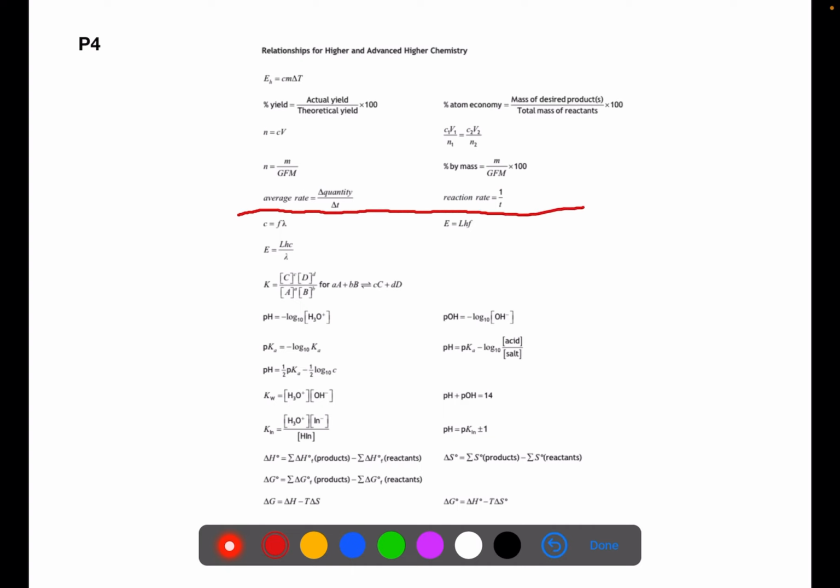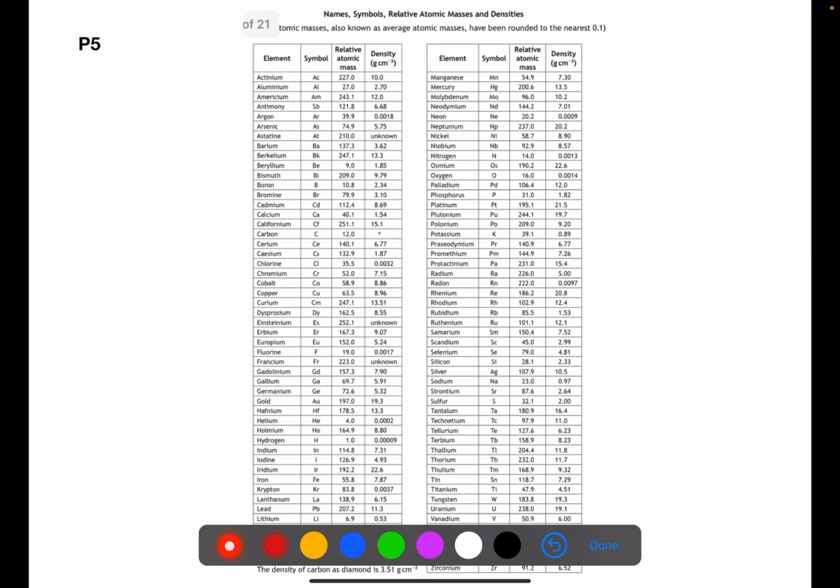At this red line here, these are the ones that you came across in higher, but will probably still have to use at advanced higher, and those below the red line are those that we will now start to use in advanced higher. On page 5 of your databook, you have an alphabetical list of the elements in order here